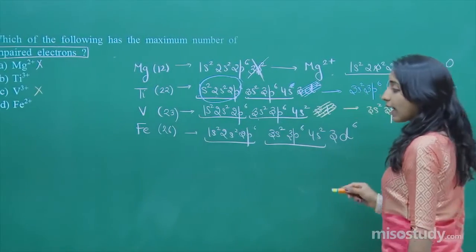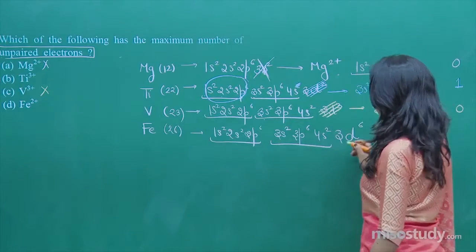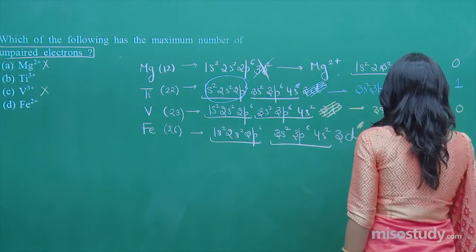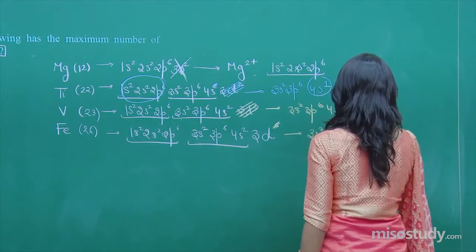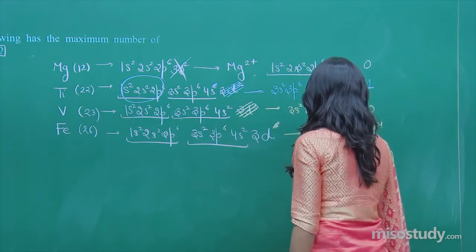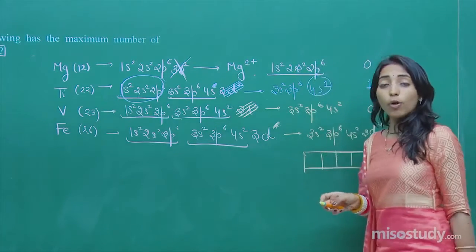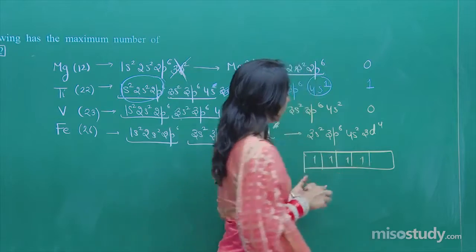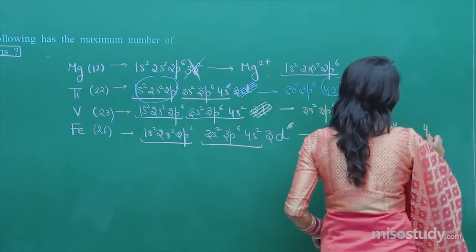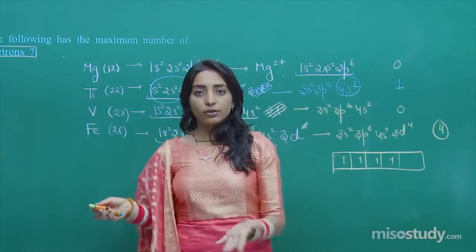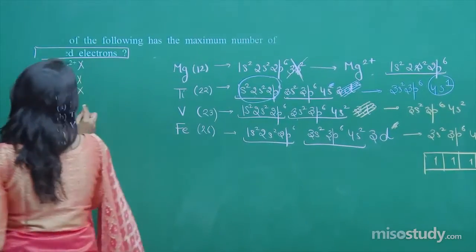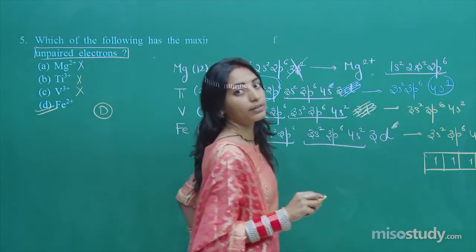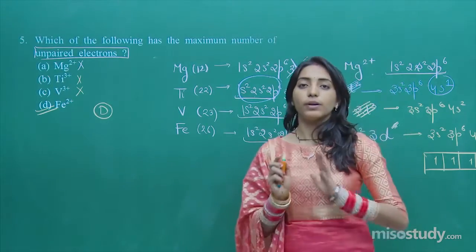Now if I move on to iron, for iron we need to take out 2 electrons. So when you take out 2 electrons, you will be getting 3d4. So 3s2, 3p6, 4s2, 3d4. And according to Aufbau's principle, Hund's rule of maximum multiplicity and Pauli's exclusion principle, which we have already studied, when 4 electrons will be there, first of all they will be singly occupied. So this will be 4 unpaired. So with the solution, you can see neither of the others, and just Fe2 plus will be the one having the maximum number of unpaired electrons. So this was our question number 5.